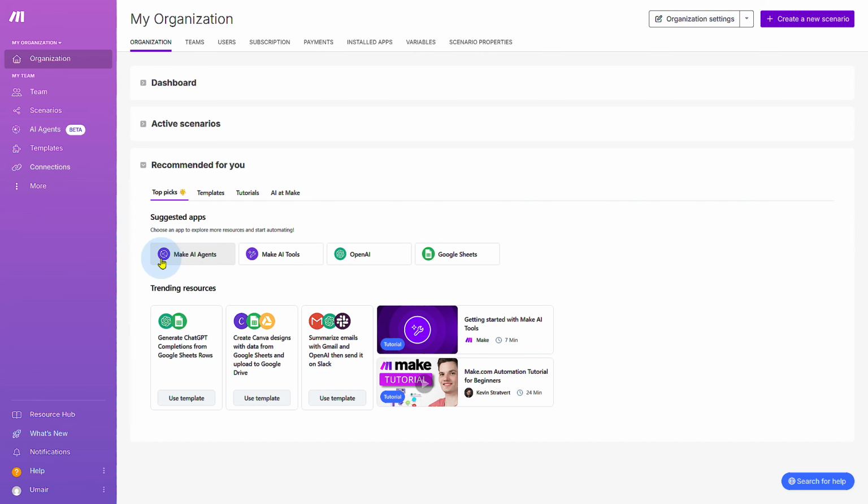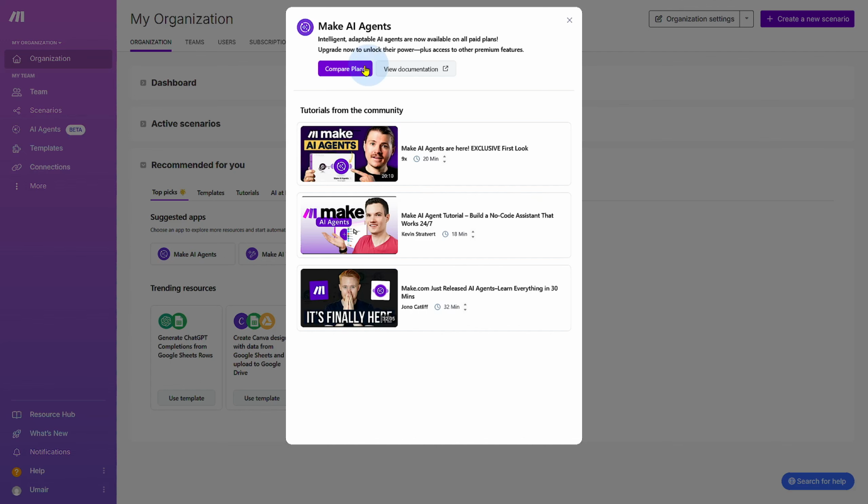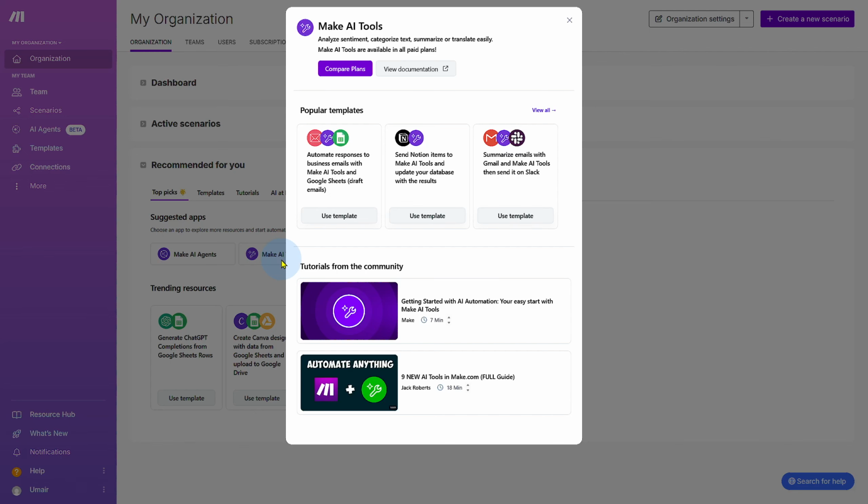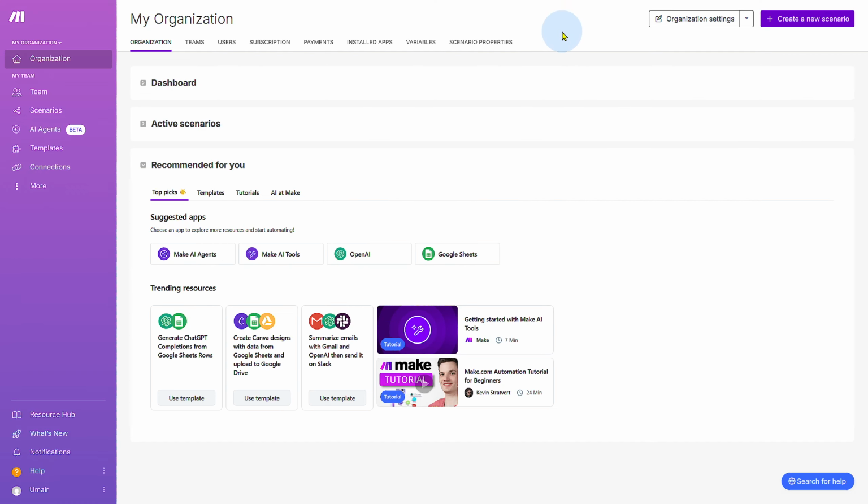So you can see you can make your AI agents to simply get your automations done. You can have intelligent, adaptable AI agents that are going to be helping you with your posts. You have your other AI tools, like for example, you can automate responses. So we can have WhatsApp chatbots. So you can even sell them. You can sell your AI agents to other companies and other clients who are interested to use the same thing